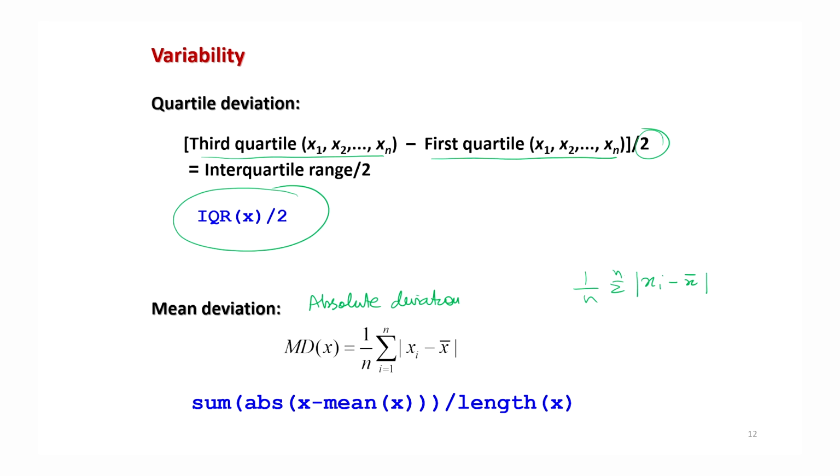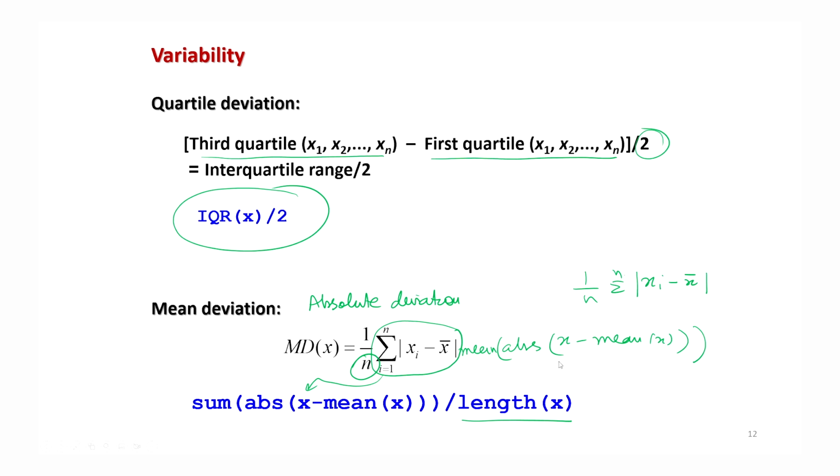For example, there are two ways. Either you can use the function sum or directly the mean. For example, xi minus x bar can be written as x minus mean of x, and you want to take its absolute value. So this will be the ABS function, and now you are trying to find out its mean. So this will be mean of absolute value of x minus mean x. Or the second option is that, instead of finding out the mean, first you find out the sum, which will be sum of absolute value of x minus mean x divided by n, which is the length of x, right?